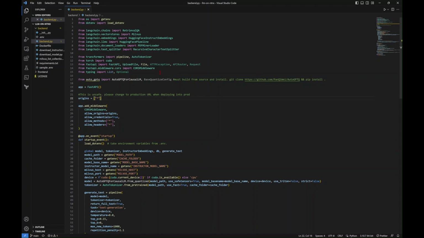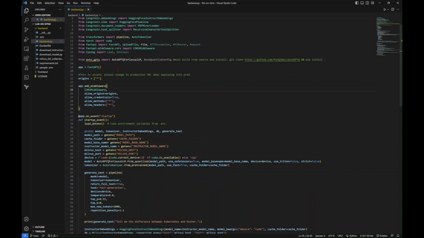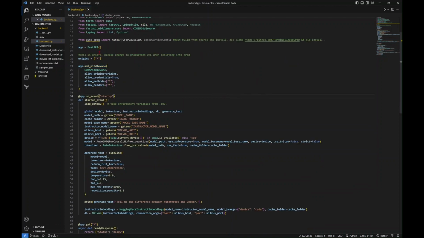Right, so these are the imports that I have used. I've got AutoGPTQ, and we need to build from source and install. So we can do a git clone and a pip install in order to perform the installation. We then instantiate the application using FastAPI. We need to perform some CORS configuration, right? Especially if you're using it in a development environment. But if you're doing it in production, then we definitely have to set the origins, methods and headers